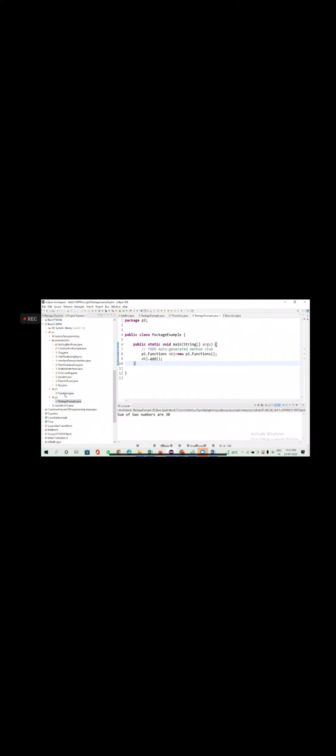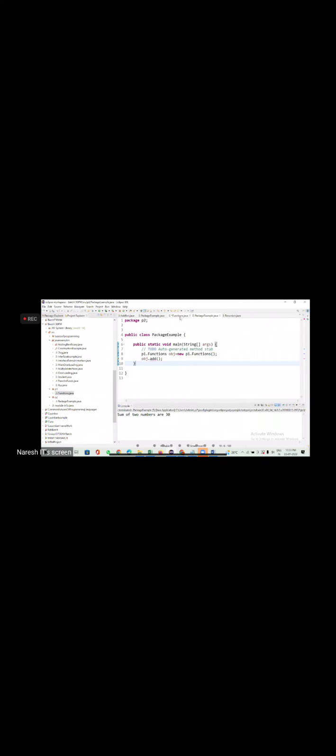Now, the add function is available in where? Functions class. This class is available in where? Package 1. So what is this function? Default. If you don't give any access modifier, it means it's a default. So where are you trying to access it? Outside the package. What package? Package 2. So it is not allowing to use it.